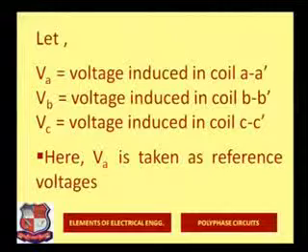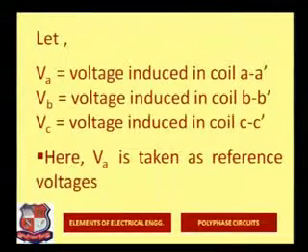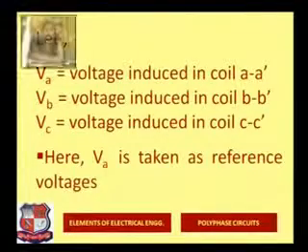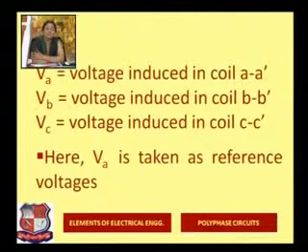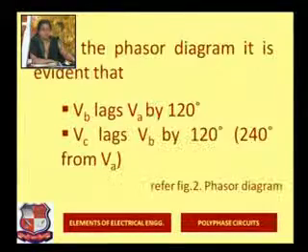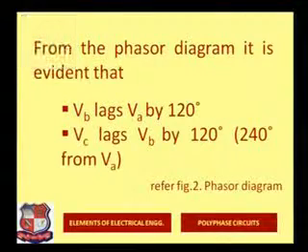So now let us derive the equation for the voltages induced in the coils. Suppose VA is the voltage induced in coil AA', VB is the voltage induced in coil BB', and VC is the voltage induced in coil CC', and we take VA as the reference. From the phasor diagram we just saw that VB is lagging behind VA by 120 degrees, VC is lagging behind VB by 120 degrees, or it is lagging by 240